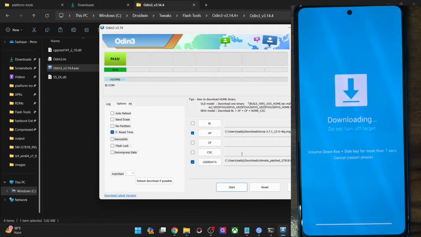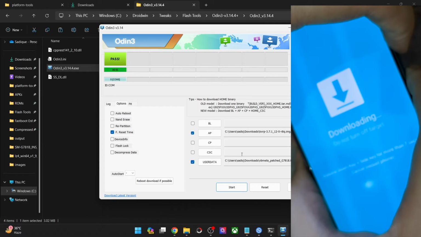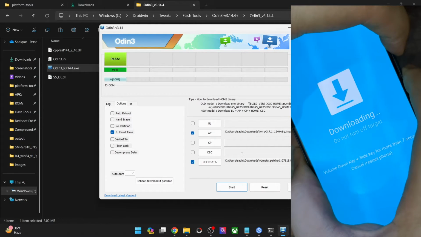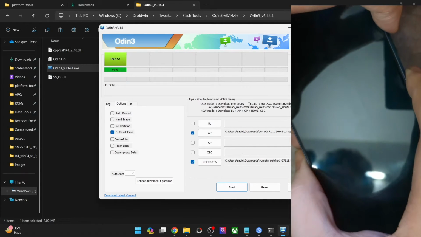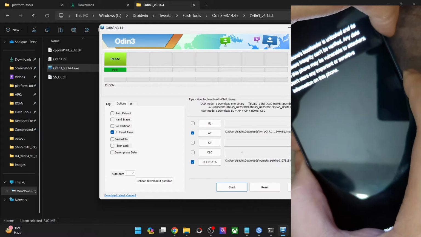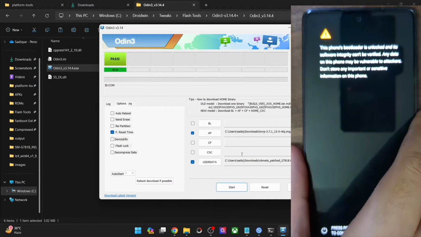For that, first and foremost, you will have to press and hold the power and volume down keys. Then as soon as the phone is about to power off, you will then have to press and hold the power and the volume up keys. So first off, let's press the power and volume down keys. And as soon as the phone powers off, let go of the keys and then press the power and the volume up keys. Let me show you that, and now press the power and volume up keys for around 5 to 6 seconds. And once the time frame has elapsed, let go of the keys, and now your phone will boot to the TWRP recovery.